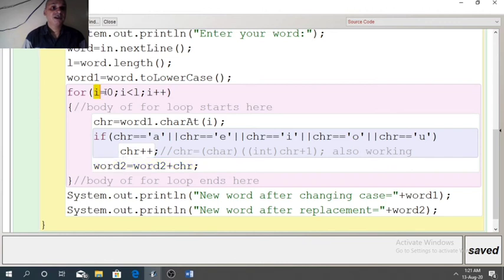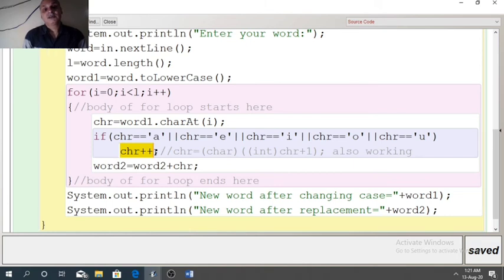Suppose first time when I equal to 0, then whatever character is stored at 0 index, if it is not a vowel, then that character will get added in word 2 as it is. But if the character is vowel, then it will be incremented by 1.